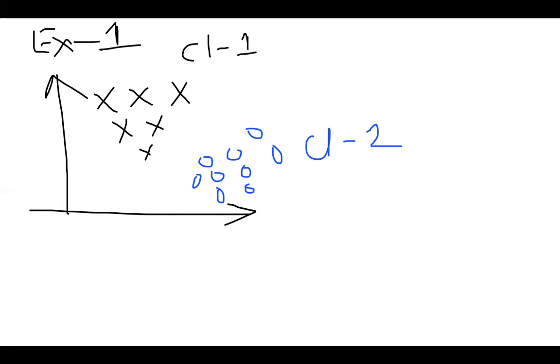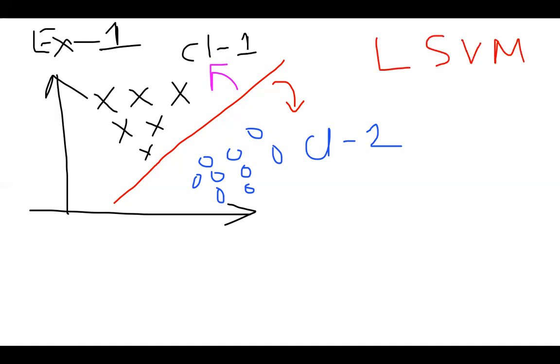and probably if I can draw a decision surface like this, then this particular side of this surface belongs to class 2, the data points on this side, and the upper side or the other side of the line belongs to class 1. Then how to get this particular decision surface is our objective. Okay, so this is an example of linear SVM, LSVM.